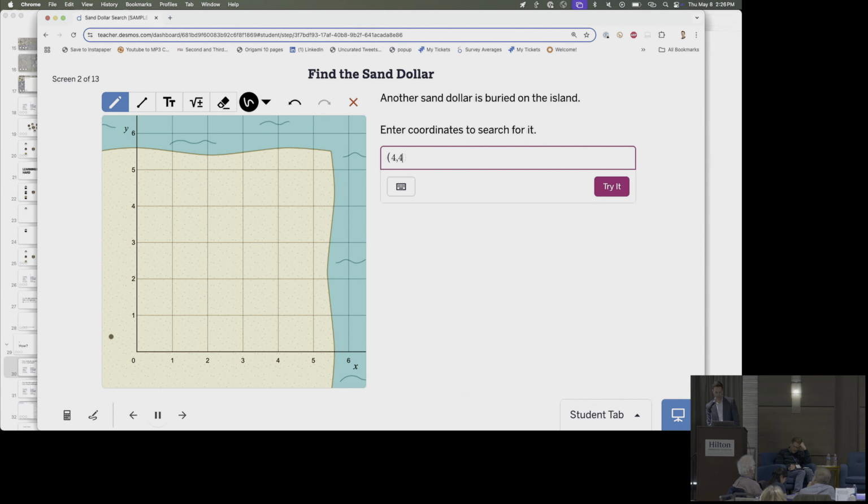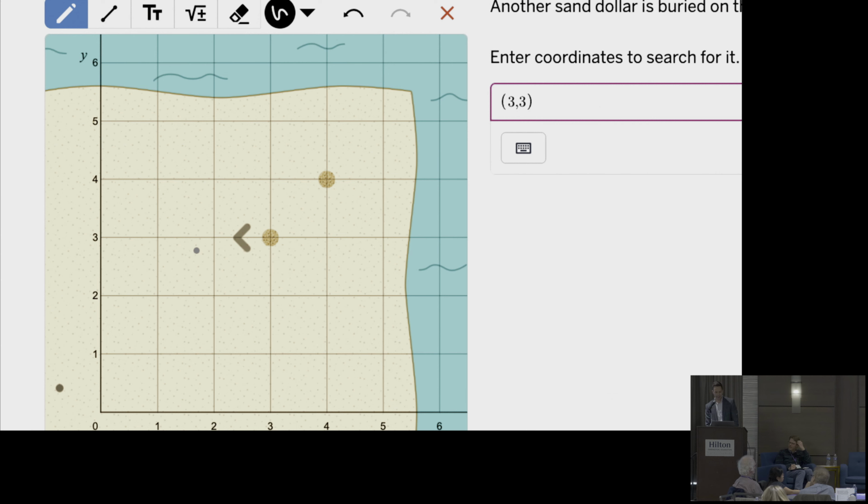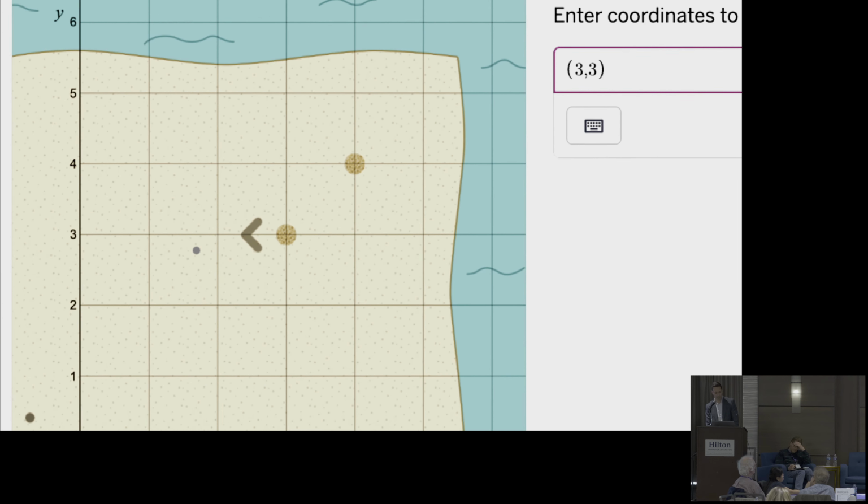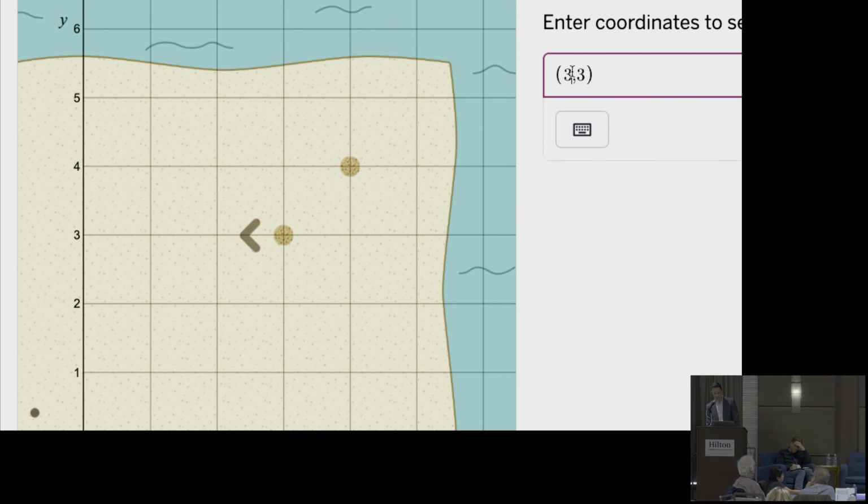4-4. Okay, here we go. And then we see right here, there's this. How should we change our answer to accommodate this feedback we've received? 3-3. Let's try it out. Maybe there? Okay, great. No, not yet. Oh, interesting. Okay. Which number needs to change? The first one or the second one here? Which number changes? Great questions for kids.